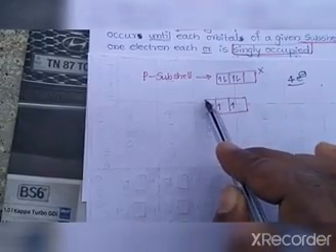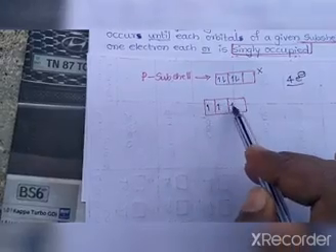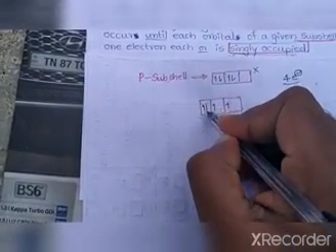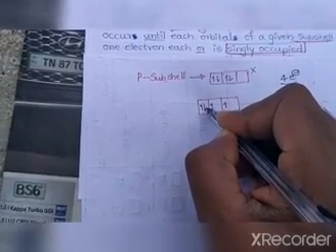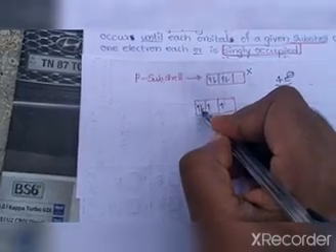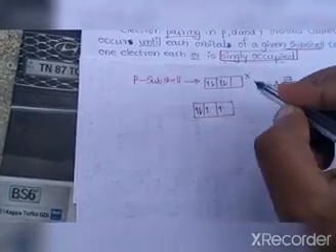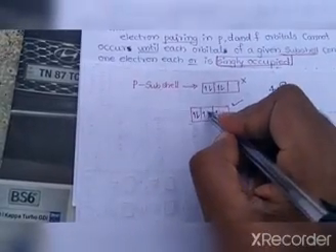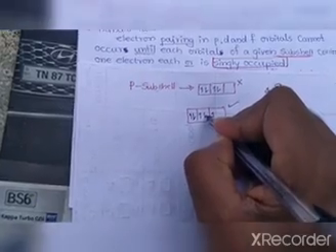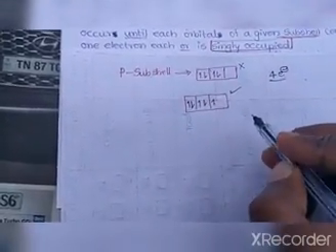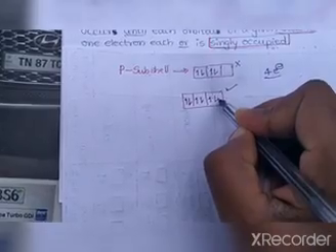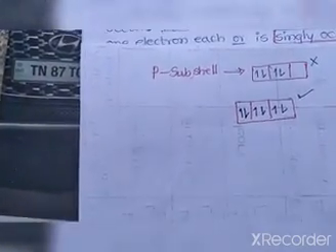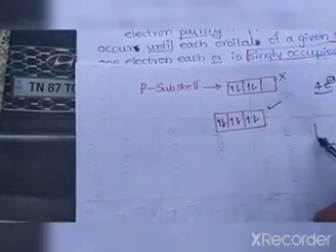After completely filling a single electron in each orbital, then the pairing starts. The fourth electron will come to pair. This is the correct way. Next, the fifth electron will pair here, and the sixth electron will pair here. Like this, Hund's rule tells us first you fill the single electrons.